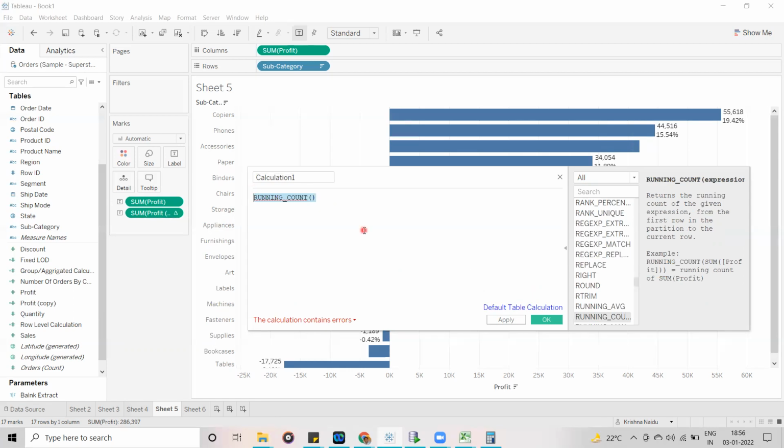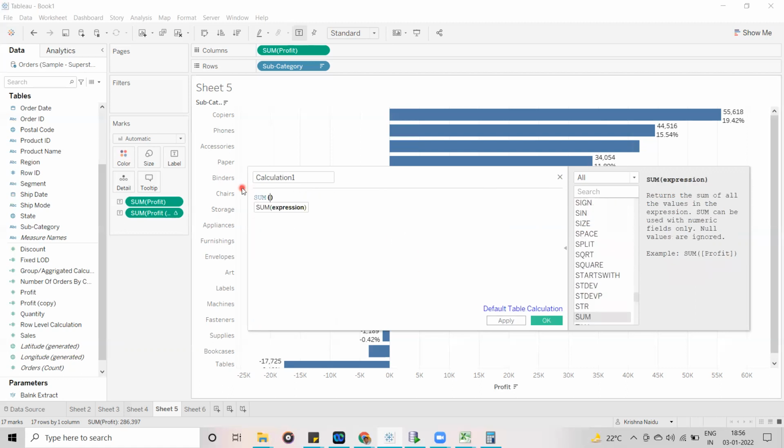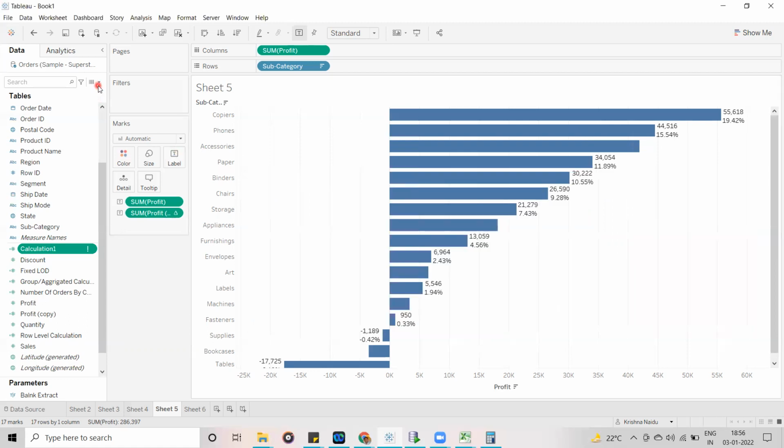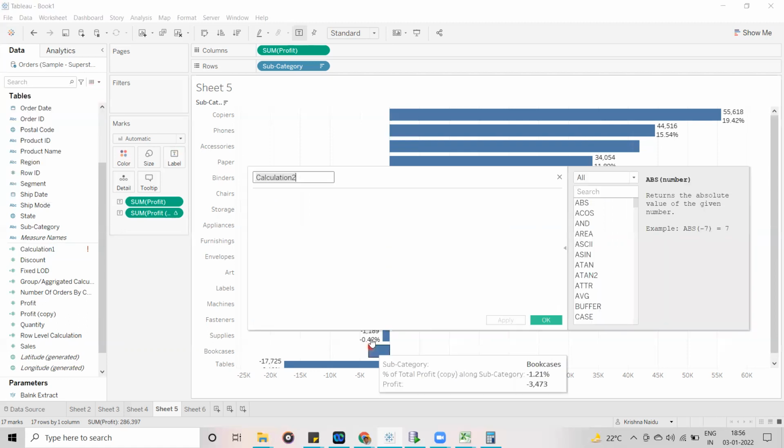And one more thing, guys. Any doubt? If you are not using a table calculation function, for example sum, let me close this and create a calculation again. Here I'm going to use average.